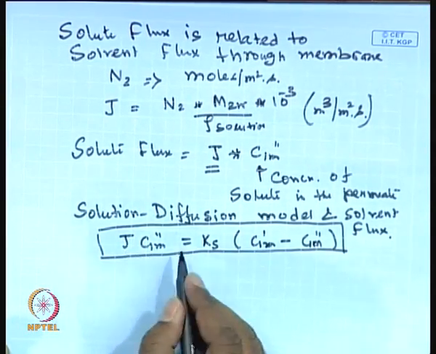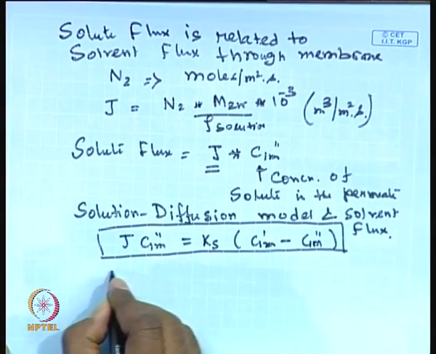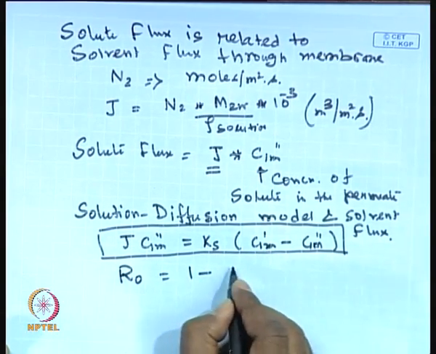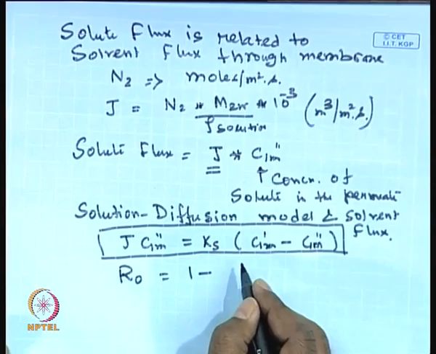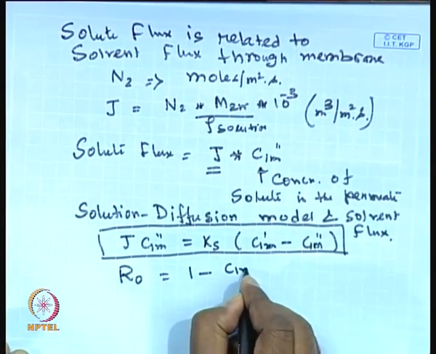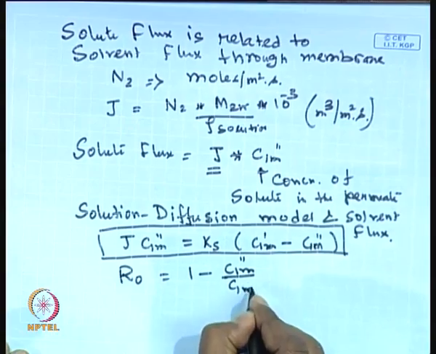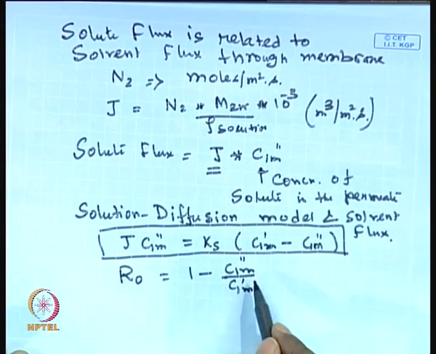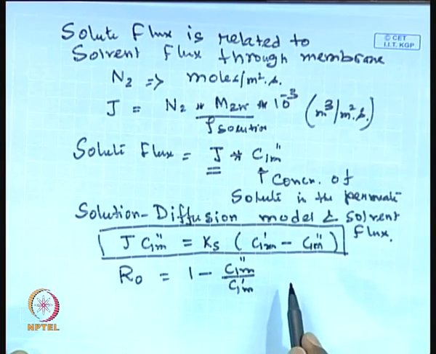Okay. Now, if you write down the expression of observed retention, it is 1 minus concentration of solute in the permeate divided by concentration of solute in the feed, that means C1m double prime divided by C1m prime. Now, when you are writing this expression, that means you are assuming that the concentration of solute on the membrane surface is same as the bulk concentration. That means we are not considering the concentration polarization or a mass transfer boundary layer on the feed side. If that is not present, then whatever the concentration is in the bulk, that will be same as